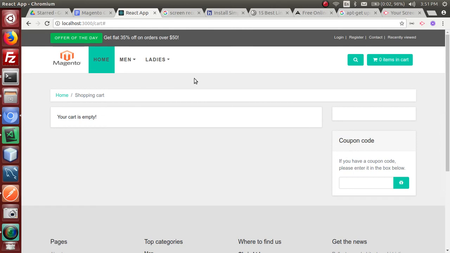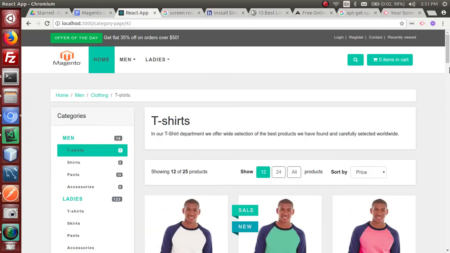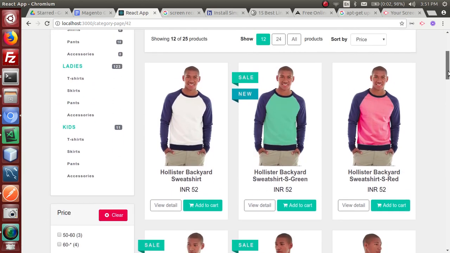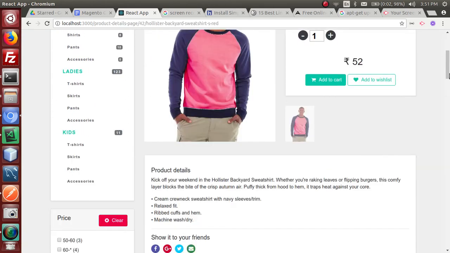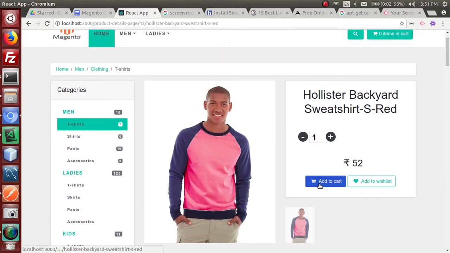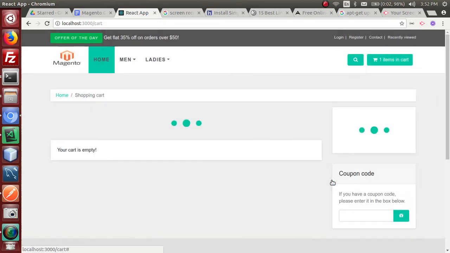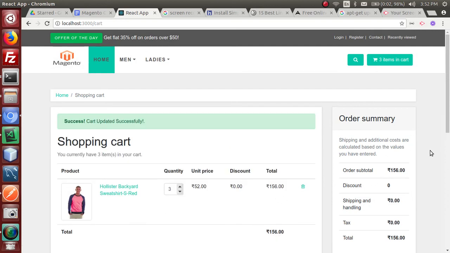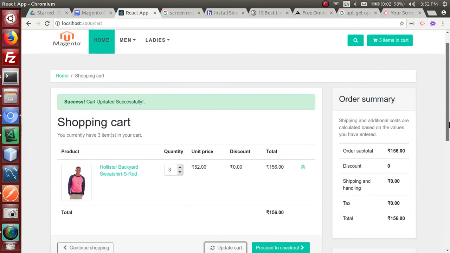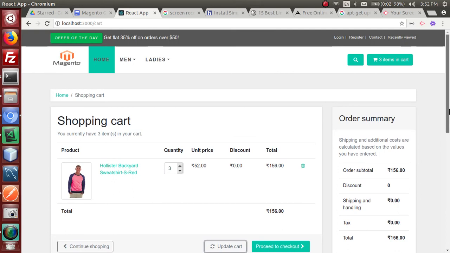So in this way we can see how fast operations like add to cart and update cart functionality are. So let's see, I'm on the product detail page. I'm adding a product into the cart. I can see that this is updated. View cart detail page, update the quantities, updating cart, total is updated and everything. So this is really fast because of React state management.